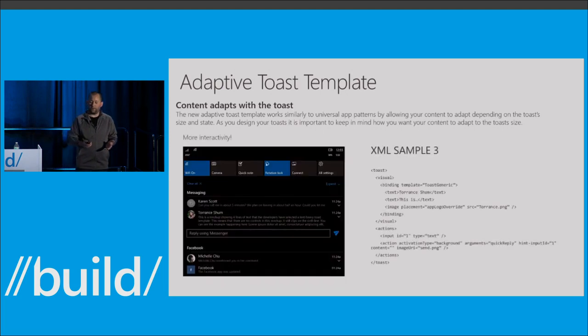Then I've got one more quick example. This is the example for how you would do something like a quick reply notification. You can see really all I've done here is, in the action section, I've got an input box. That's as much as it really takes. And then you can retrieve that input whenever your app is launched, and you can do whatever you want with it. And we've actually got a real live working example of that for you in a little bit as well. So, three quick examples of what you can do with interactive toast notifications.